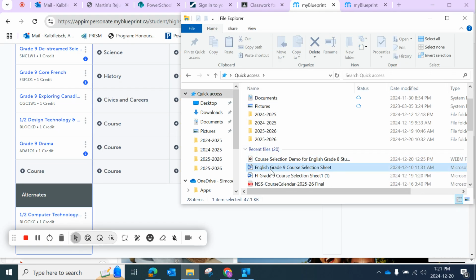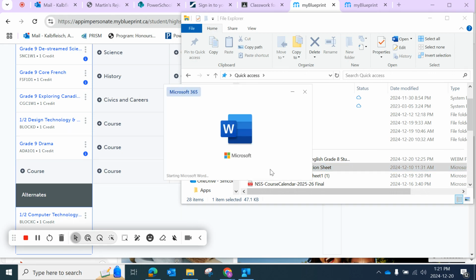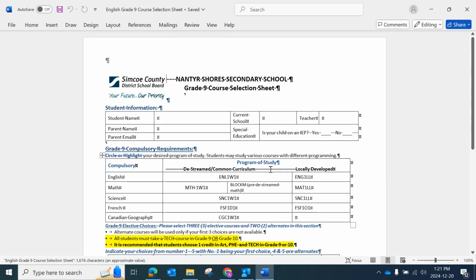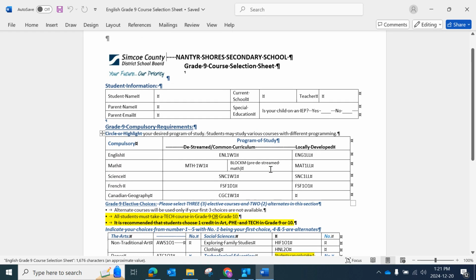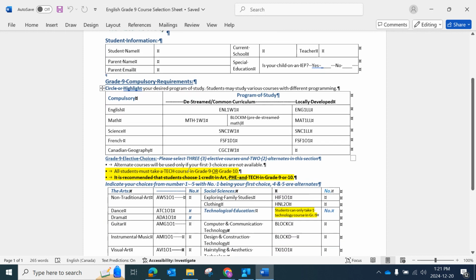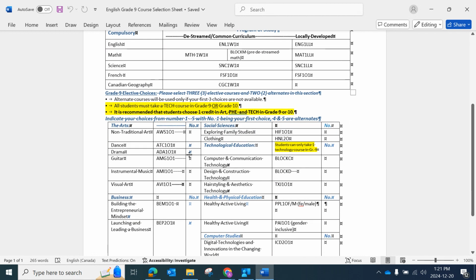And that's this one. So this you had in front of you when we were talking about the courses, and you either circled or highlighted the courses that you were going to take. So this was the compulsory requirements, and then we had the electives that you ordered in numbers from 1 to 5, right? So I already put my first and second choice in, so I'll be looking for my third choice